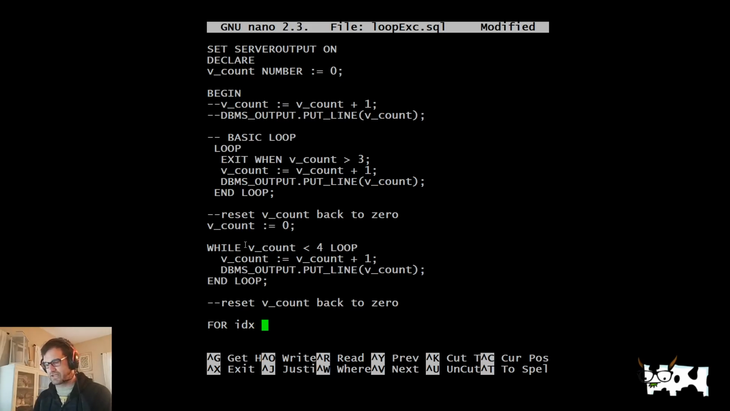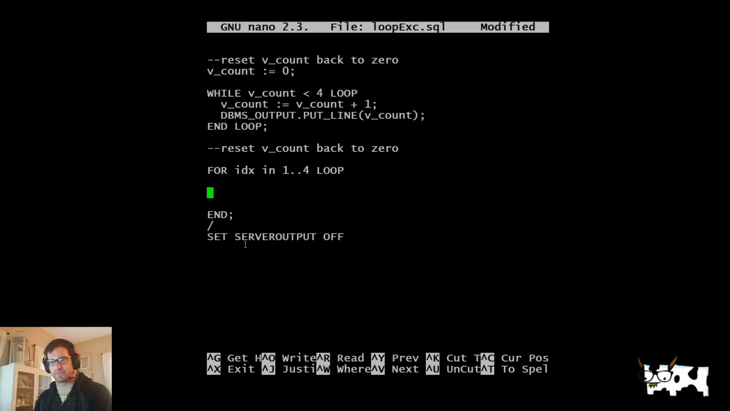So for idx in, and then we set up our count, how many times do we want to do it. So we want to start at 1, dot, dot, 4, and loop. So we're basically creating a variable index, idx, and we're going to start it with a value of 1, and we're going to break out of the loop when that value is 4. So we're going to go here, we're going to go end loop,